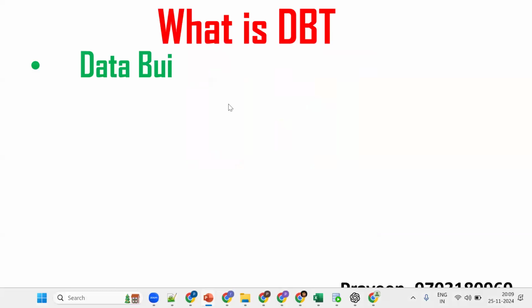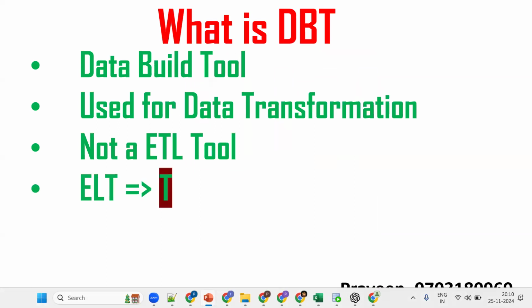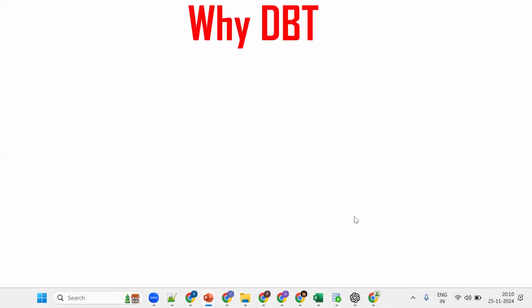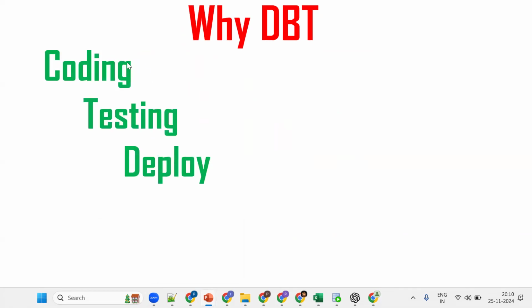So data build tool is used for data transformation. It's not an ETL tool. Remember, this is important. DBT is not an ETL tool or ELT tool. It's mostly focused on the transformation part. It takes the raw data, DBT runs, and the transformed data will be available. So why DBT? With the help of DBT, we can easily perform the development activity, the testing activity,